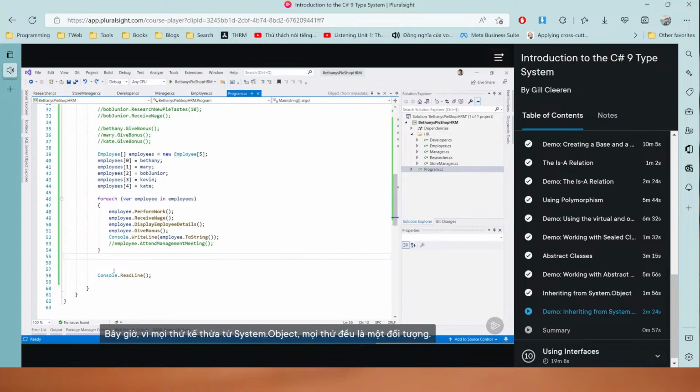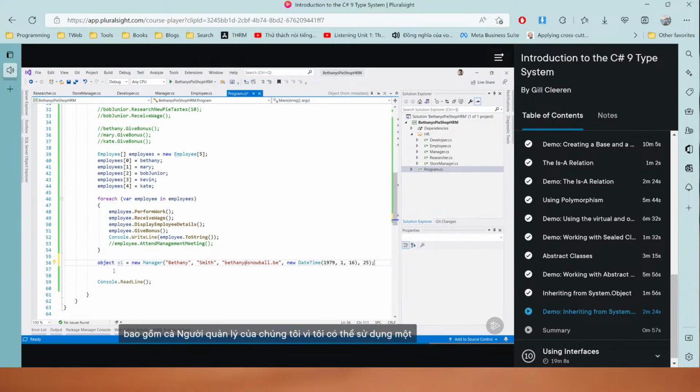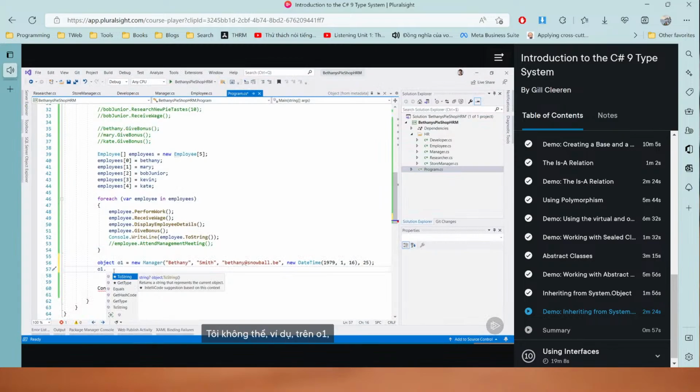Now, since every type inherits from System.Object, everything is an object. That means that I can write the following. I can use a reference of type object, and let's call it o1, and I can point that to a new Manager. Indeed, everything is an object, including our managers, as I can use an object reference to point to a Manager. Now, since o1 is a reference of type object, I can only use the members defined on the base object type. I cannot, for example, on o1 call the GiveBonus method, because that's defined on Manager and not on object. Only the members available on object can be